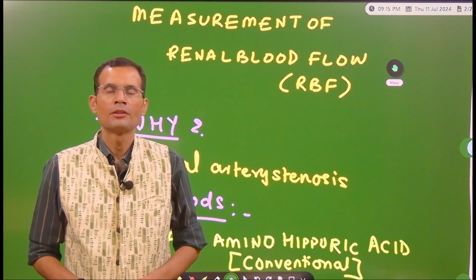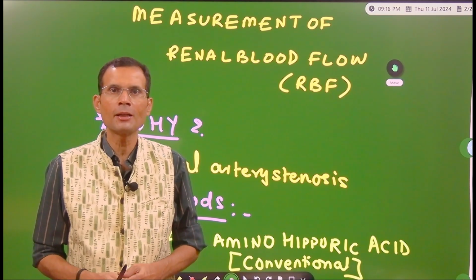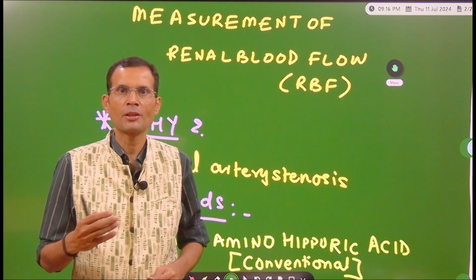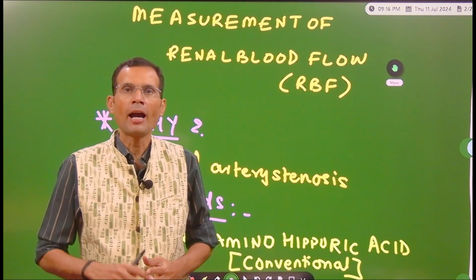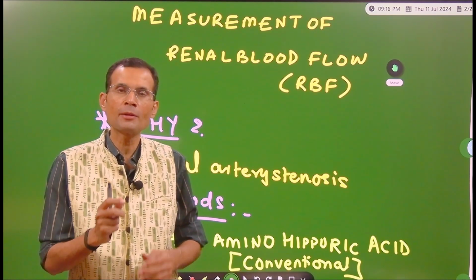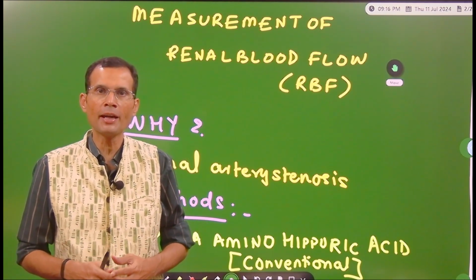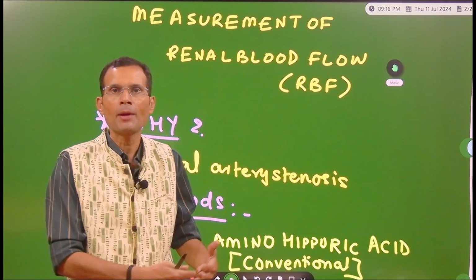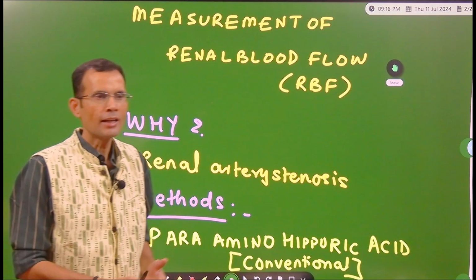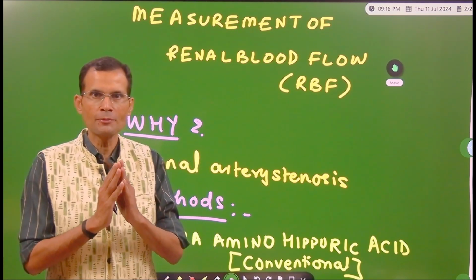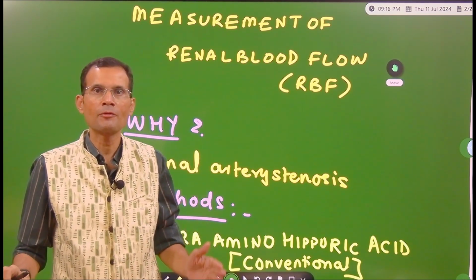Hi friends, this video is on measurement of the renal blood flow or measurement of the renal plasma flow and what is the basis for using para-aminohippuric acid, PAH, to measure the renal plasma flow and renal blood flow. At the outset, let me say I'm going to use the terms interchangeably, renal plasma flow and renal blood flow,